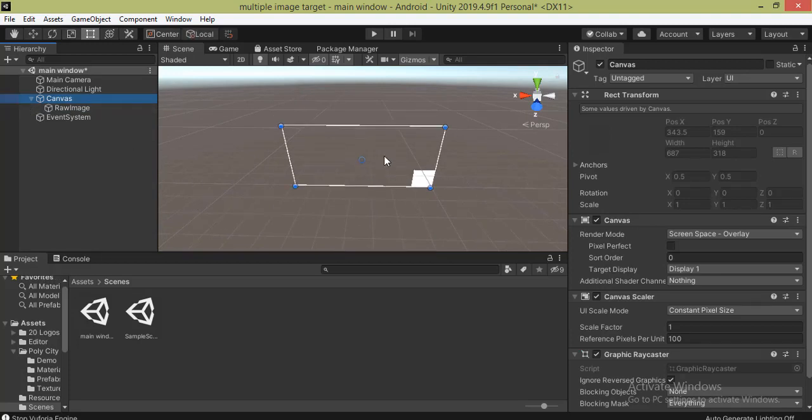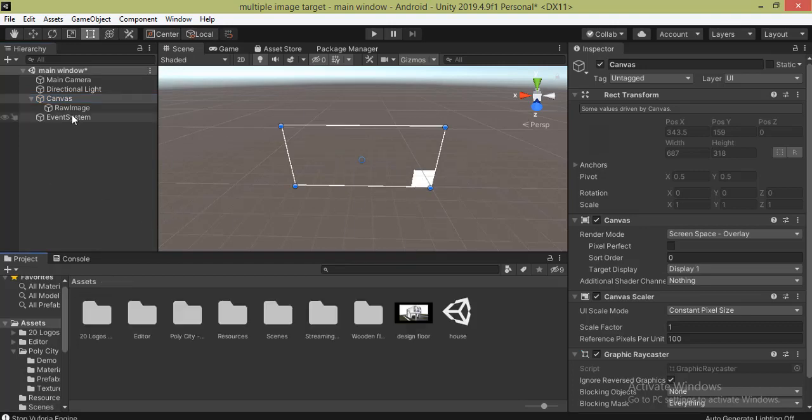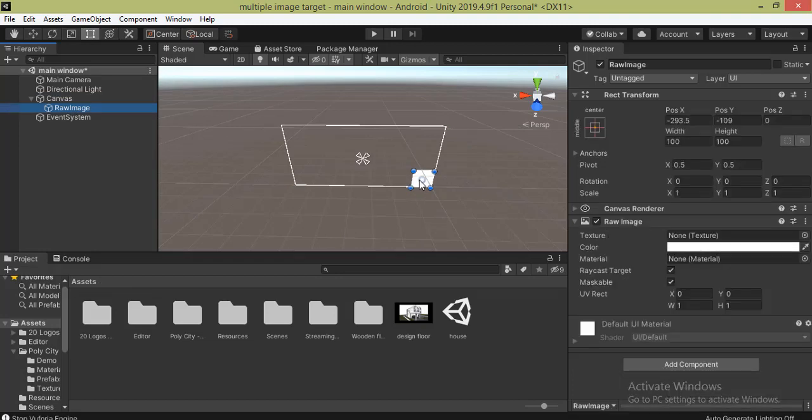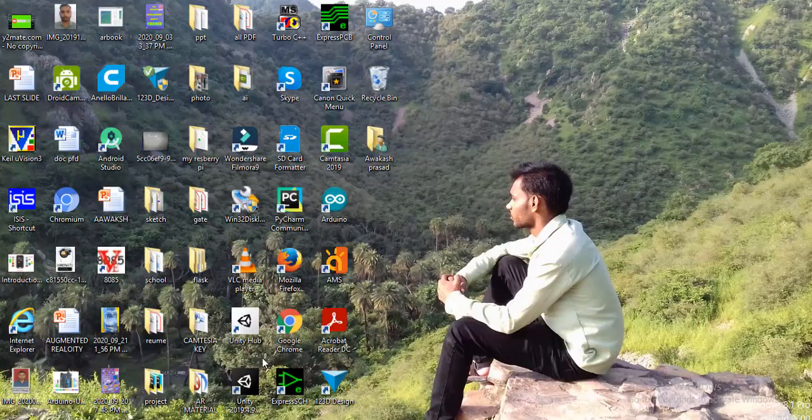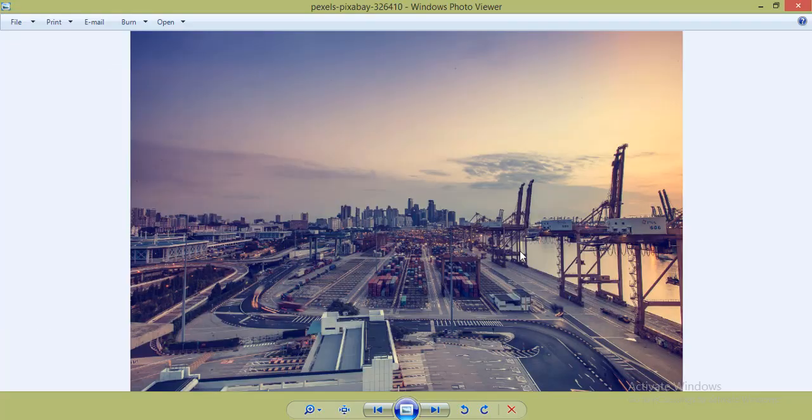Here I'm going to add two buttons, but before that, I'm going to give a background image. For that, I click on this raw image. Look, this is the raw image section. I select this 2D scale tool and drag this. When I drag, you will see two lines appear. These lines indicate where the center is. So I drag my image here, drag this raw image section here, and after that I come out of this and upload an image. This is the image I'm going to add as the background image of my main window screen.